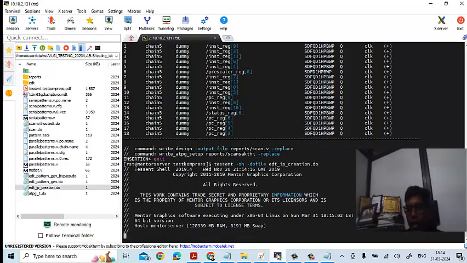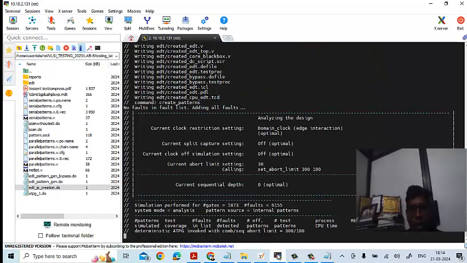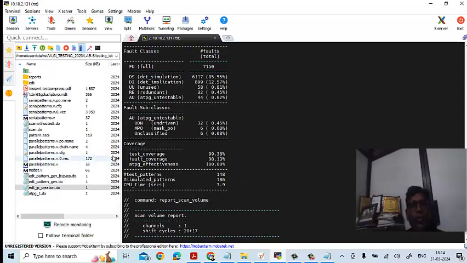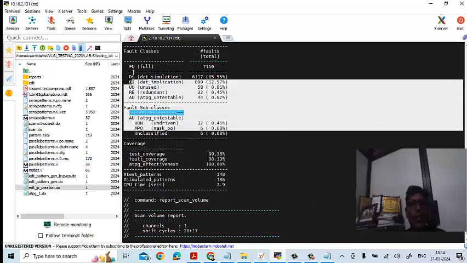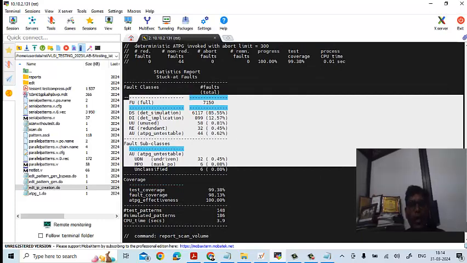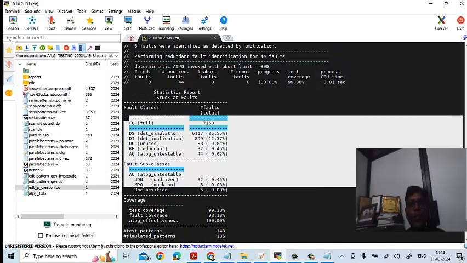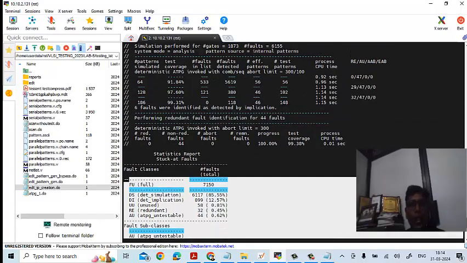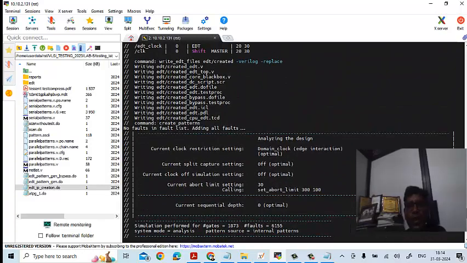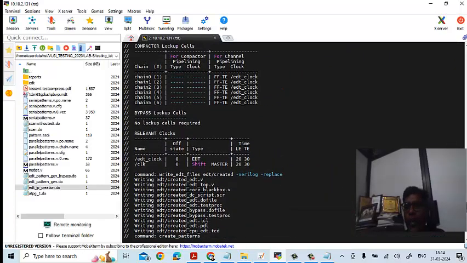So we are going and creating the EDT IP. So what's being said here? You could see what is the test volume, 5920, and what is the time, what is the fault coverage, the complete detail I want you to go through. What are the different types of fault: due to simulation, fault due to implication, and redundant fault, ATPG pattern generated, what is the fault coverage, the complete detail would be there. So you can just go through this, and you could also see what is the